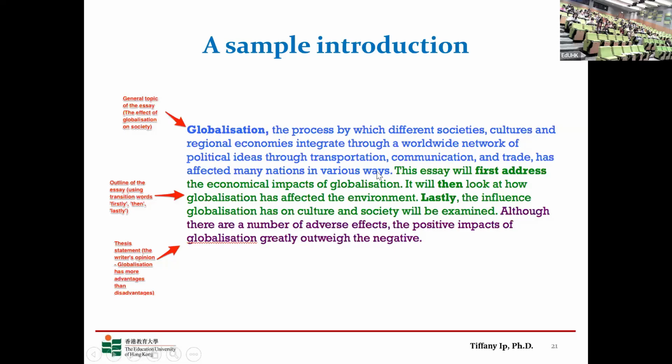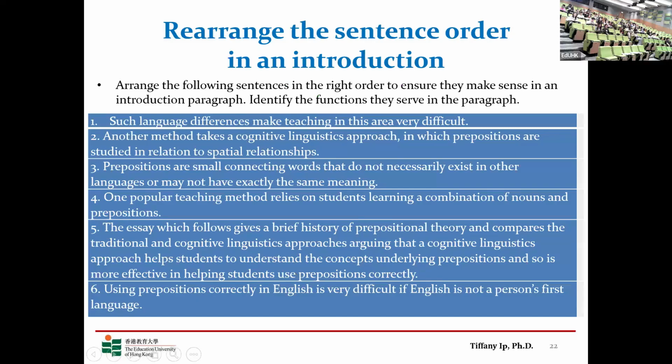And then the green part signals the overview of the essay. Right? So telling people what this essay is going to be about. So you'll understand there are three parts. And for this one, I would think you can just combine. You can say this essay will address the economic, environmental, and cultural impacts of globalization. You can keep it as concise as that, depending on the word count, right? And now you kind of know, it's like background, and then at the end, a thesis statement with the overview and also a stance.